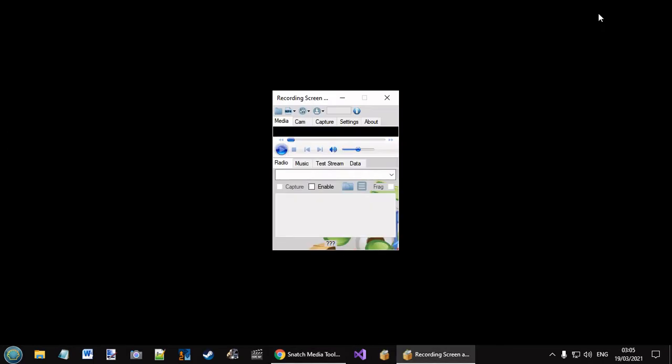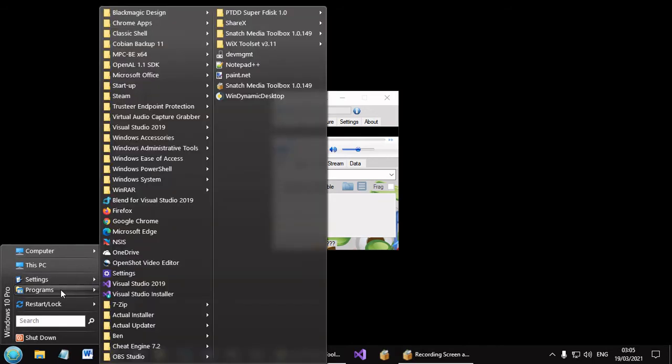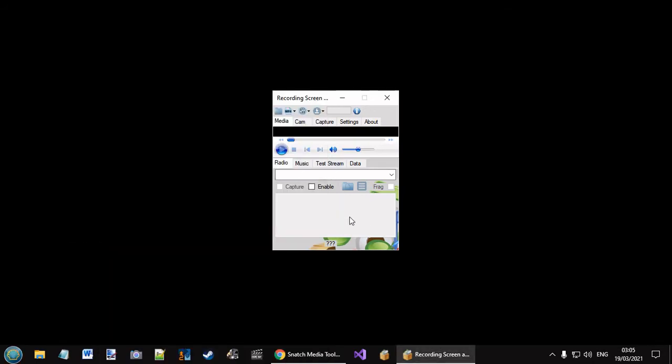So once it's installed and it's sitting on your desktop, you should have a shortcut. I'm just hiding all my files at the moment. It's a busy desktop, so this is the best way to do things. So you go to programs and you should find Snatch in there, and there should also be a folder. There you go. Okay, so when you first come to Snatch, you'll see that you've got icons at the top,